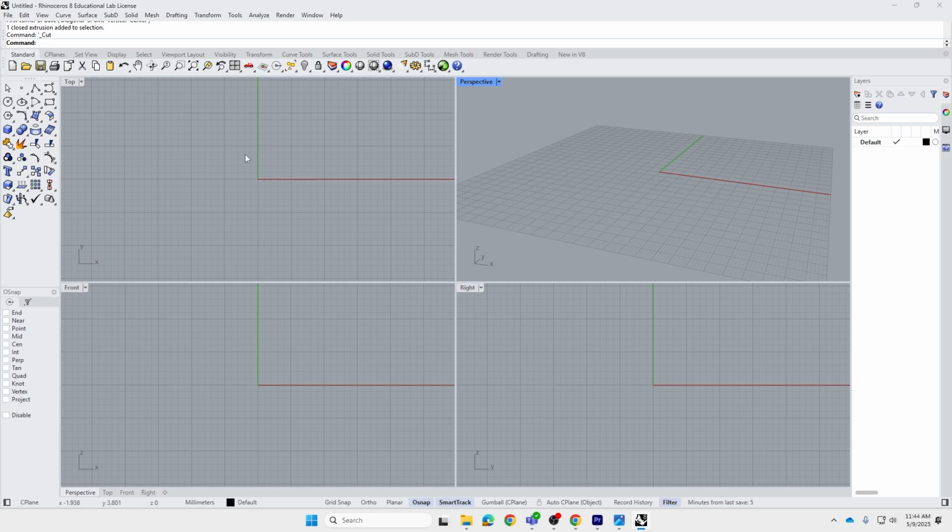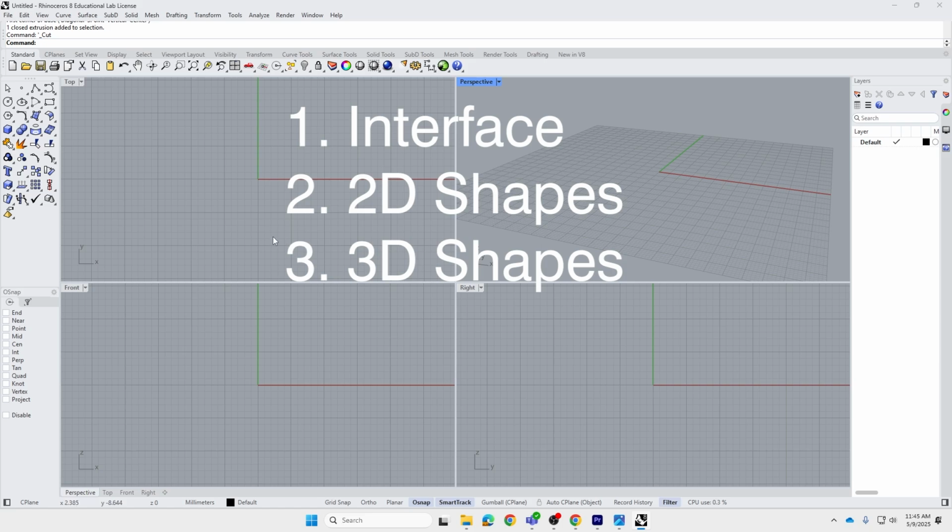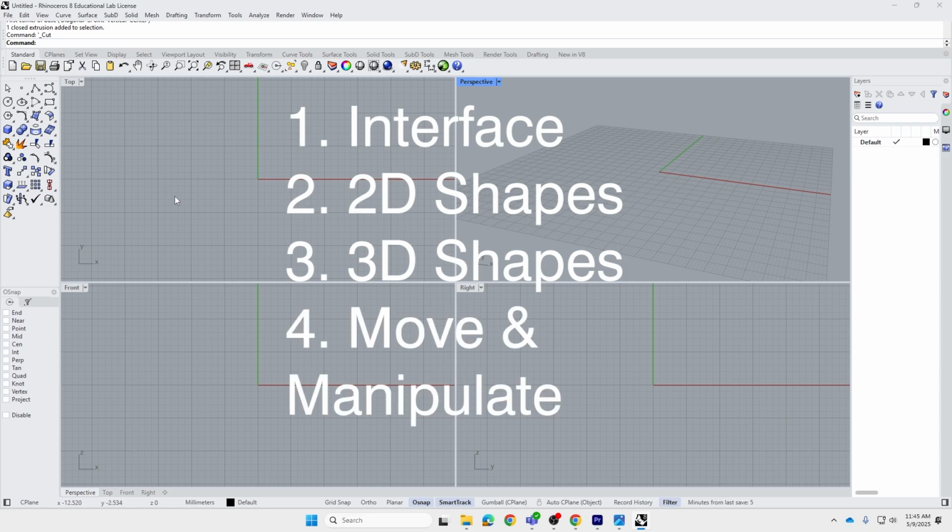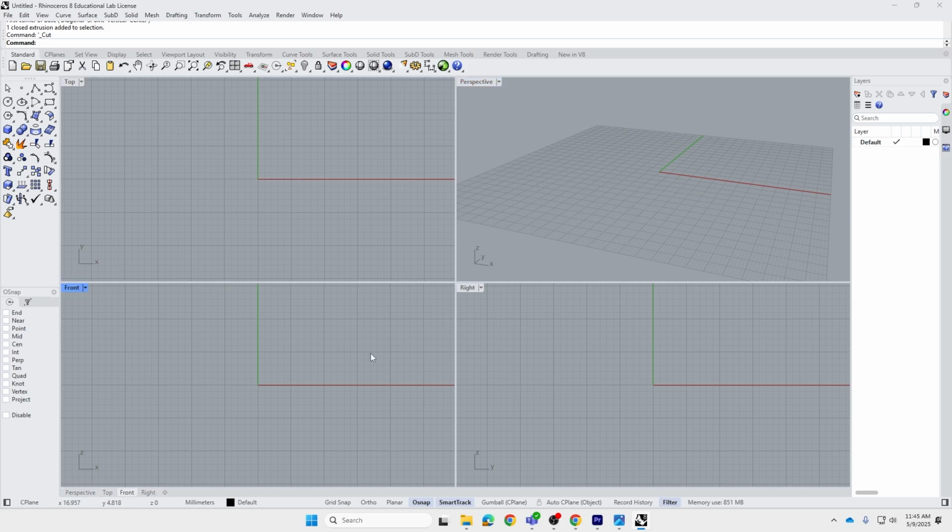This is a video for complete beginners in the software, and we're going to be learning how to navigate the software interface, how to make 2D shapes, how to make 3D shapes, and also how to move and manipulate those shapes in different ways. So the first thing you'll notice when you open up the software is that there are